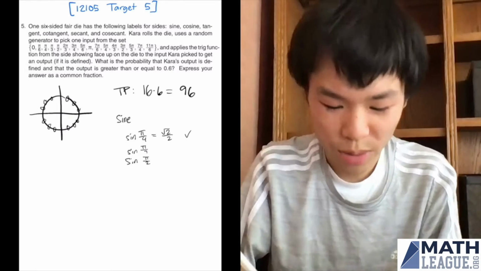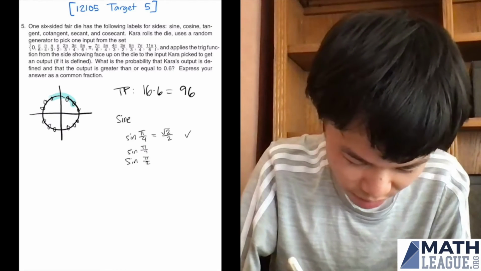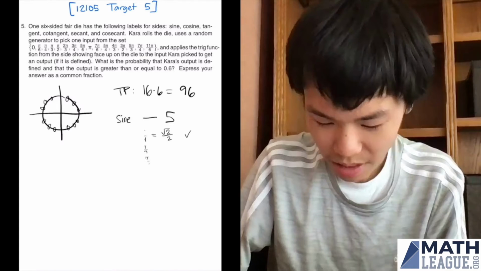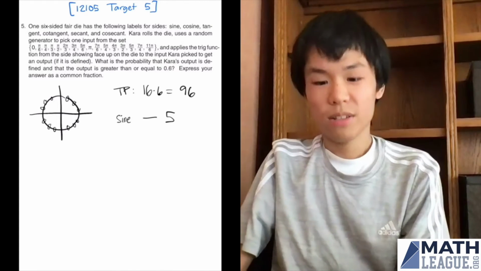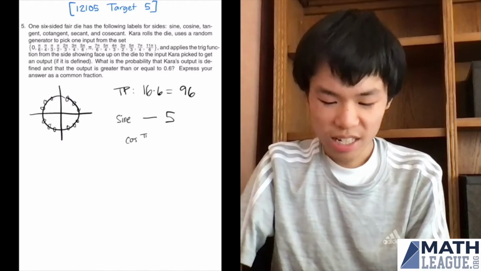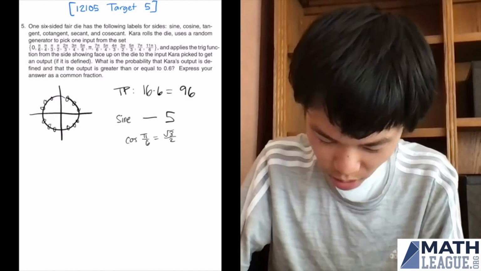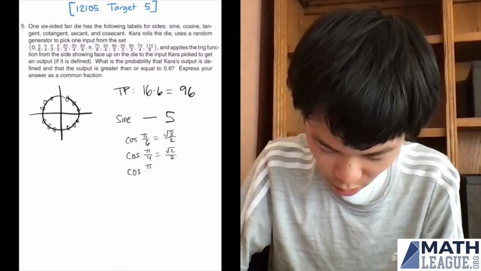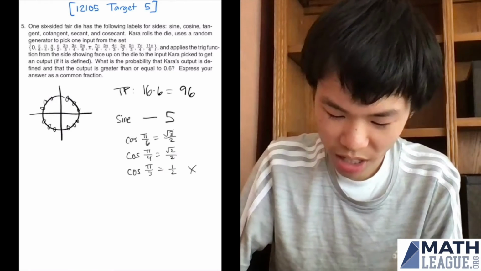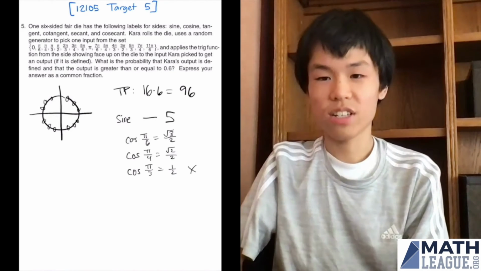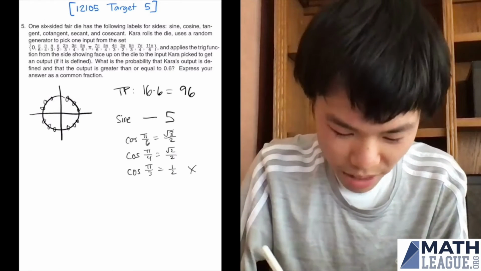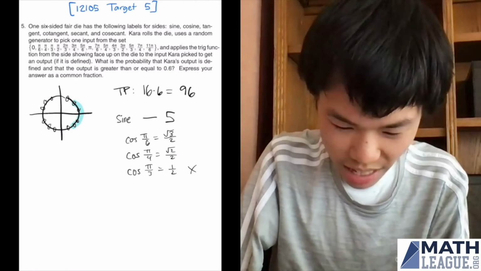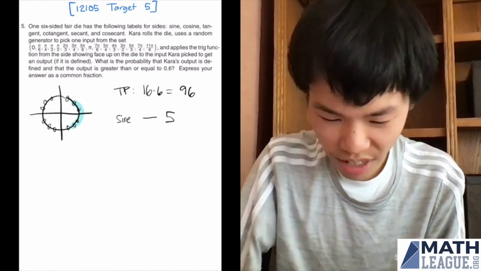And with the unit circle, we can observe that 5 of these values work for sine. So we can write that sine works for 5 of the values. As for cosine, cosine pi over 6 is going to be square root 3 over 2, which we said works. Cosine pi over 4 is root 2 over 2. But cosine pi over 3 is 1/2. That does not work. But cosine pi over 6 and cosine pi over 4 do work. And then we can make the observations as well as note that cosine 0 is 1, which definitely works, to also get that cosine has a total of 5 working values.